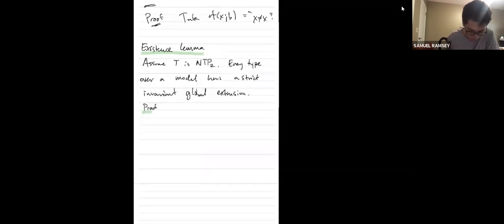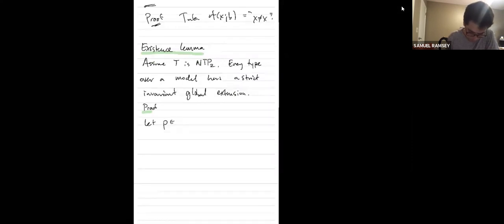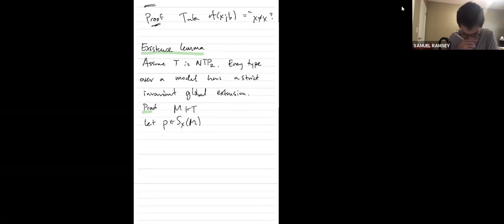So we're going to start with, so let P be a type over some model. So we fix a model of our theory, and we take some type over that model in the variable X. And what we'll do is we will just look at the following partial type. So consider the collection of formulas